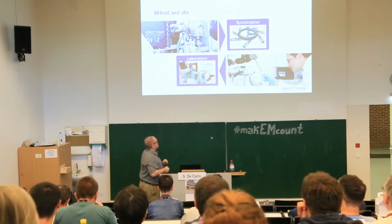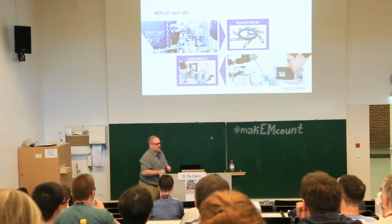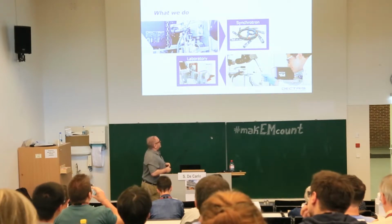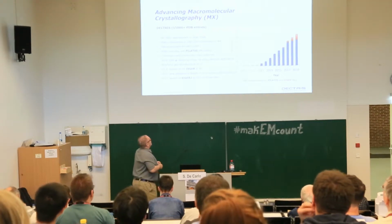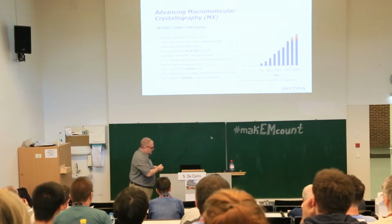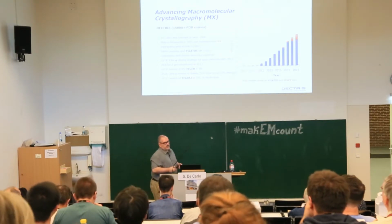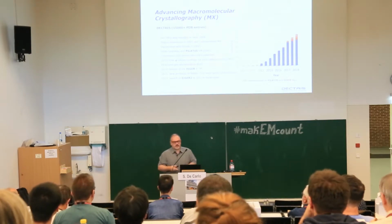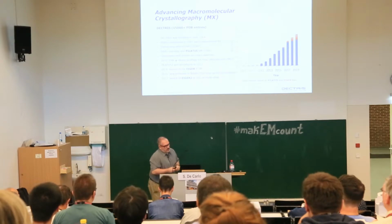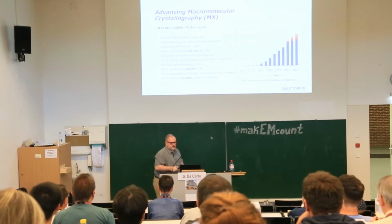So this is the X-ray world, and as I said, for a few years we've been trying to look into electron microscopy as a new market, and we believe that we will be successful. Just to give you a bit of history, DECTRIS really revolutionized macromolecular crystallography and the way people collected data at the synchrotron. As you can see, I'm not going to go through all these milestones, but you may